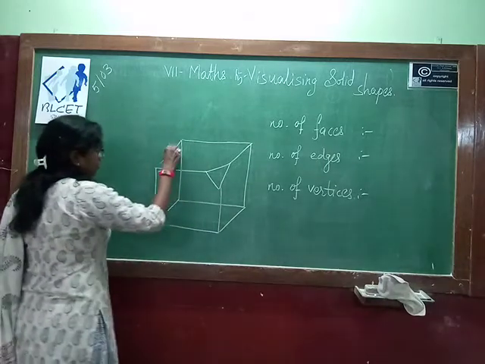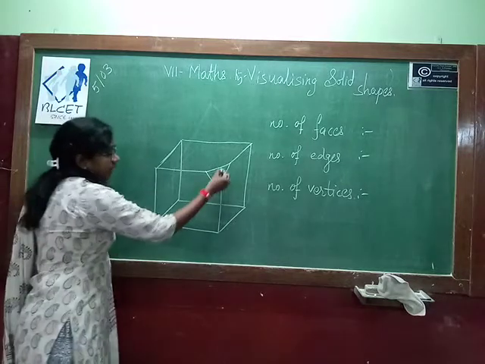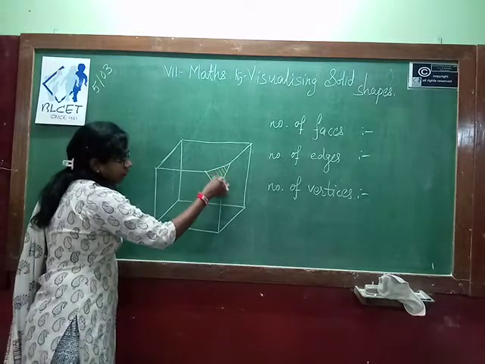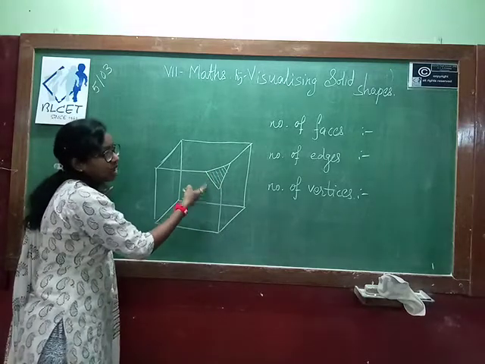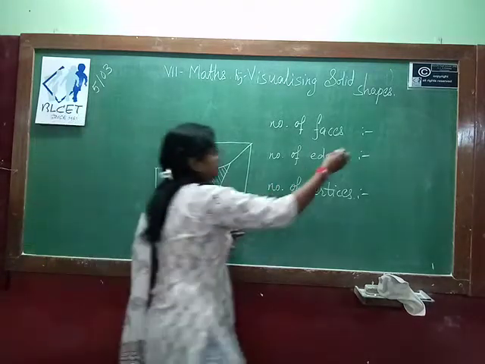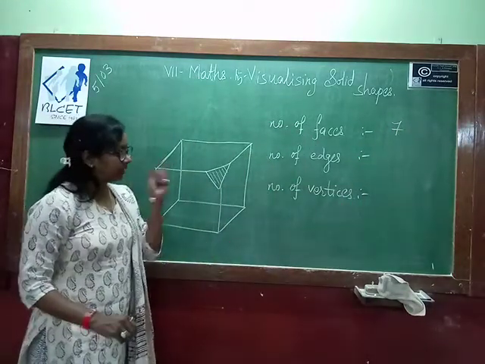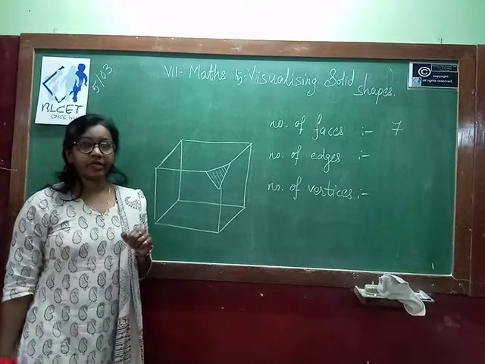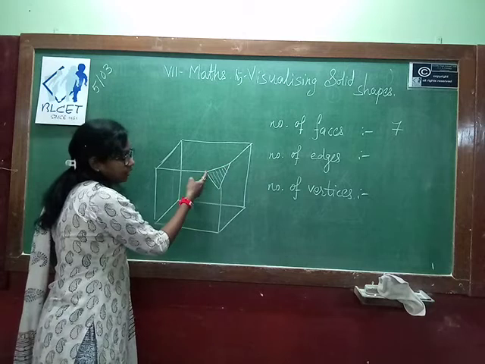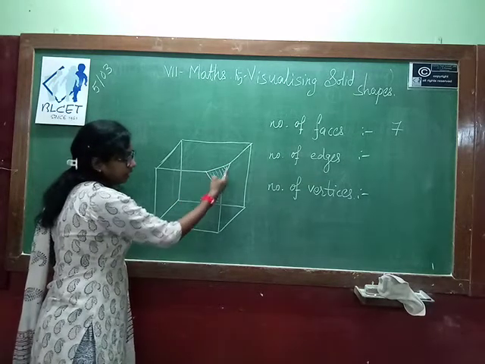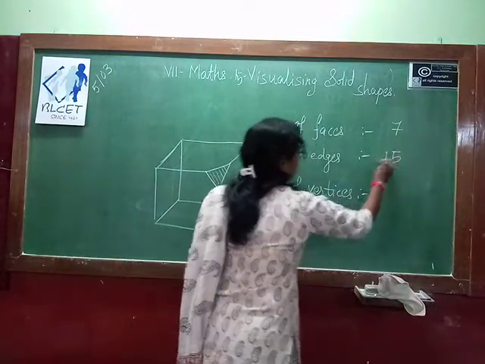Okay. So we know that in a cube how many faces do we have? 6 faces. And in that 6 we have one more face added, that is this one in the triangular shape. So how many faces now? We have 7 faces. And the number of edges, we know that in a cube we have 12 edges, but in that we have to add now one more edge, 13, this one 14 and this one 15. So the number of edges is 15.